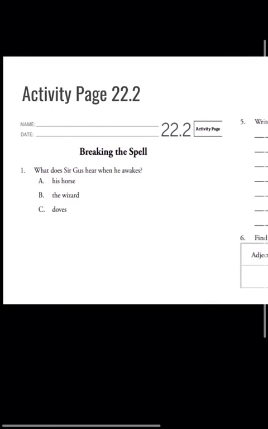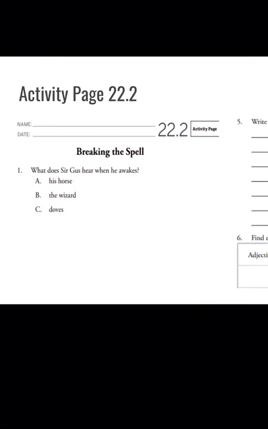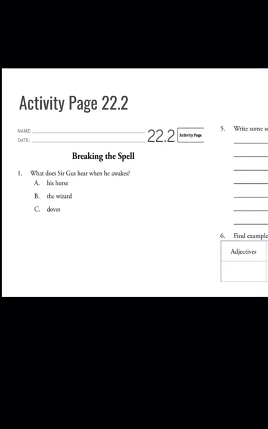Activity page 22.2. So once you're finished reading the story or the chapter, Breaking the Spell, you're going to complete these